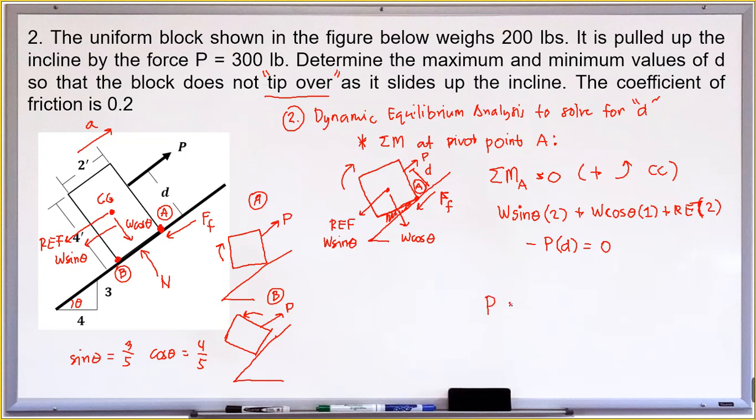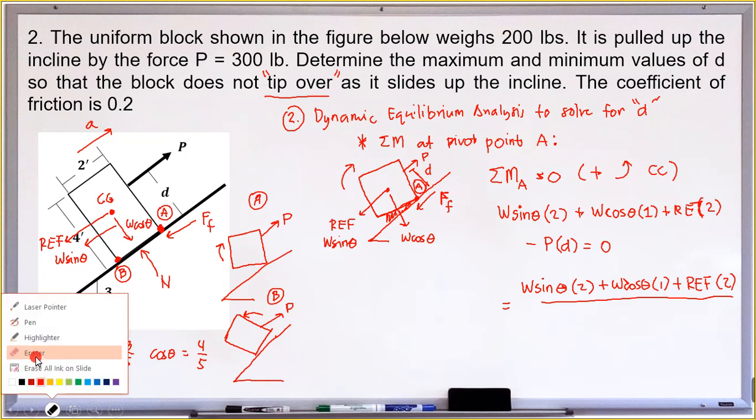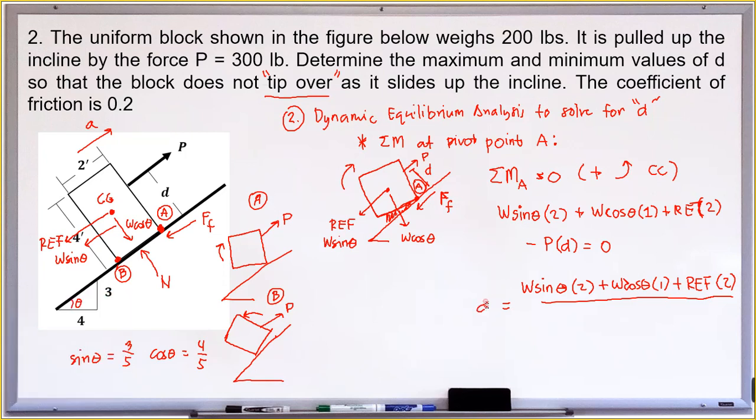Rearranging this one, so our P is equal to W sine of theta times 2 plus W cosine theta times 1 plus the REF times 2 feet divide by the distance, no, I mean divide by P kay distance pala itong ipangitaan. Okay, distance, so that is divide by P. So therefore our distance